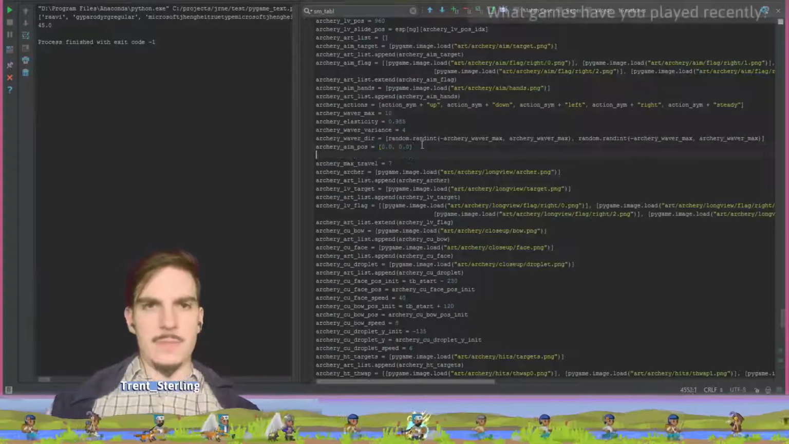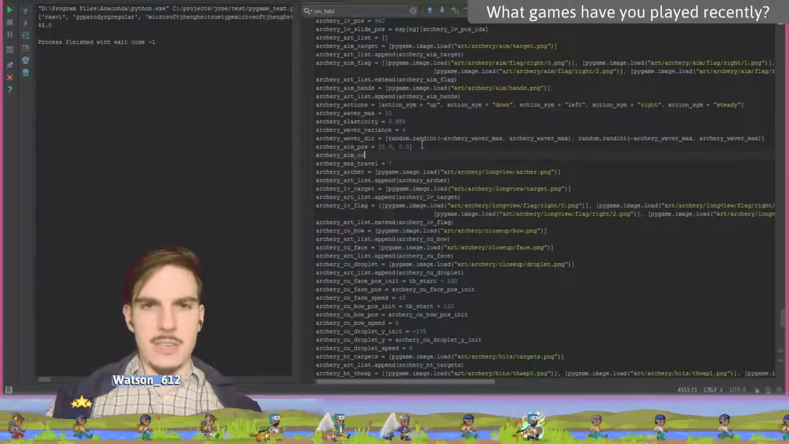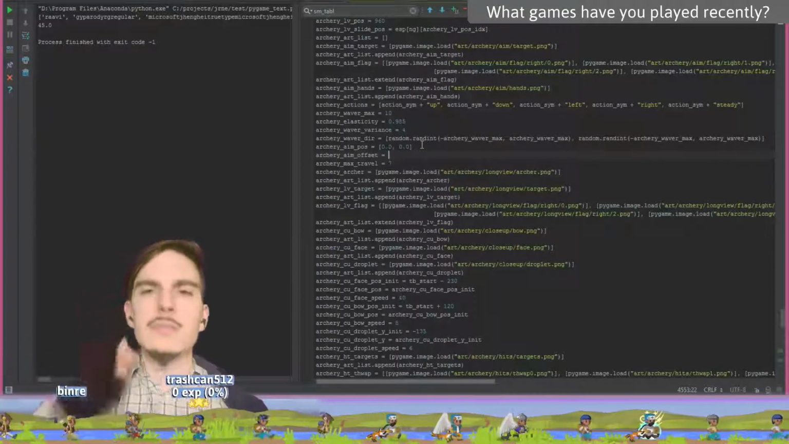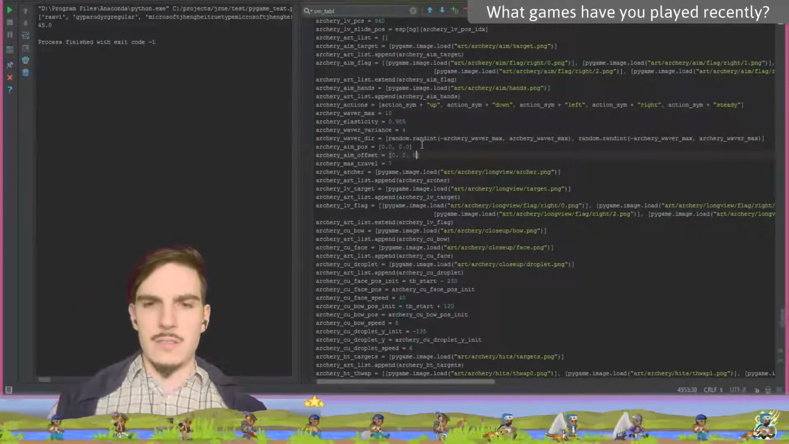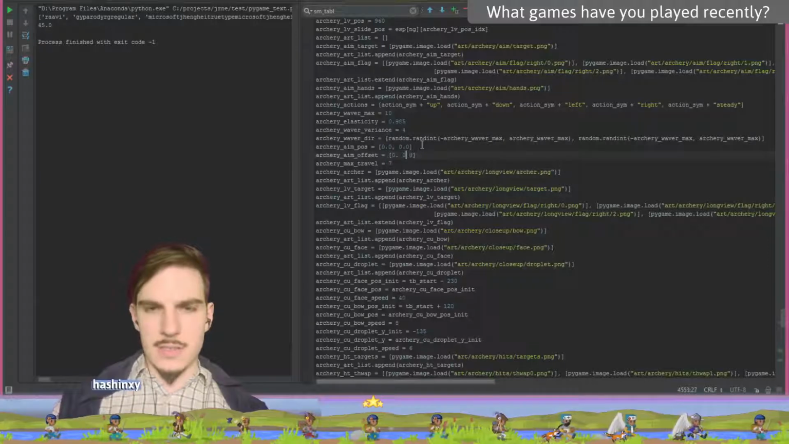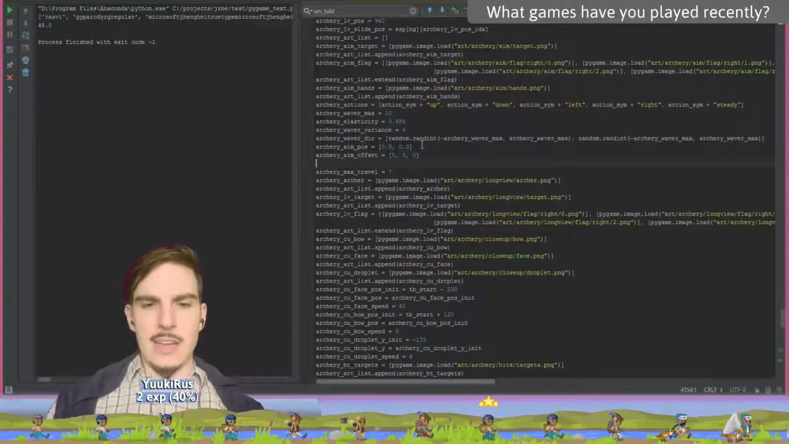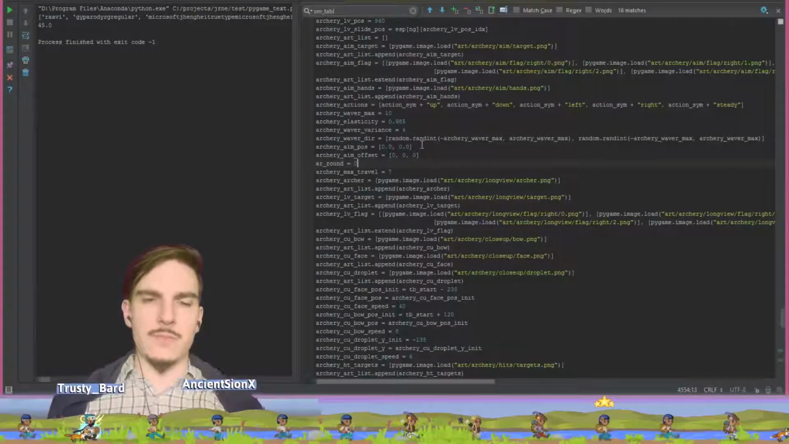Archery aim, aim offset equals, it'll be three different integers, and then, oops, those are supposed to be commas, and then archery round equals 0. Okay, so